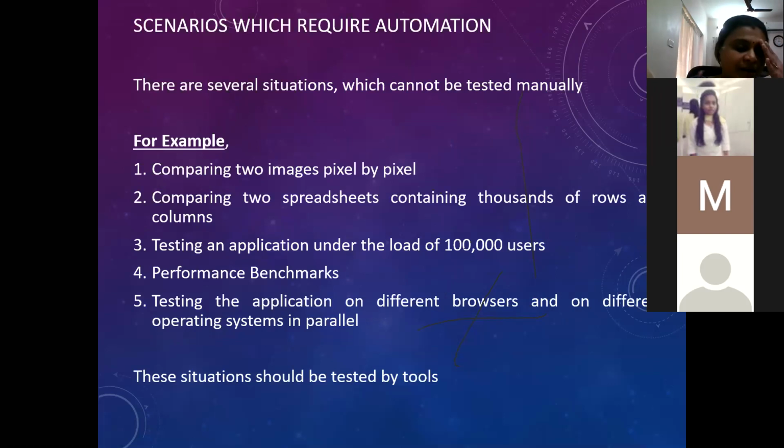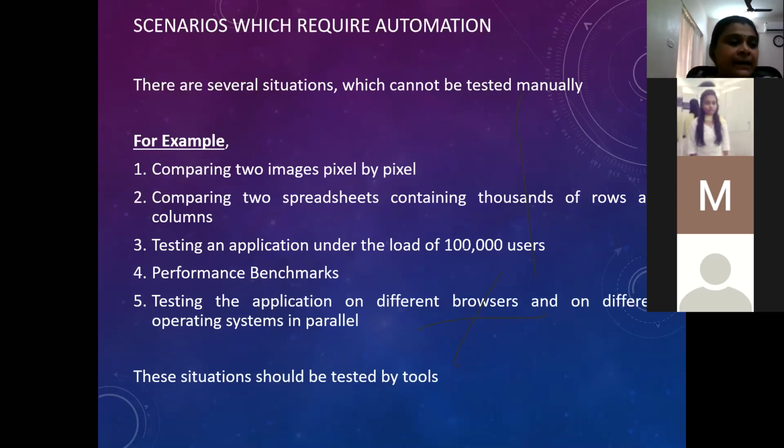Most of you could have been involved in projects where image processing is involved. You have to compare two images, so you write an algorithm where a pixel by pixel comparison is made. Now, when you have to test, think about the plight of the test engineers. How would they even try giving so many different images which vary pixel by pixel? How possible is it to randomly test? And as I told you, if regression has to be done, if one test case fails, after the fix the entire lot has to be repeated. So you can think of such real-time scenarios where two images are to be compared pixel by pixel.